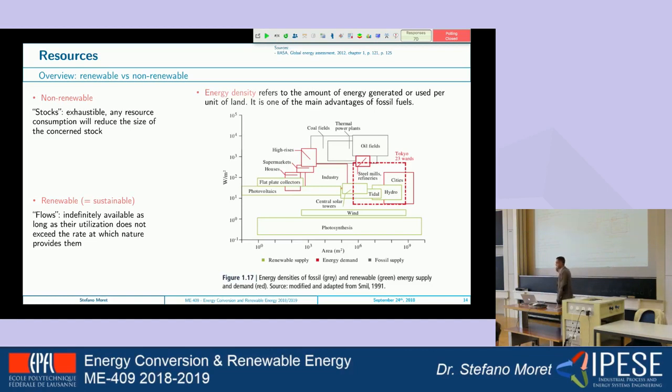But again, as Francois mentioned before, the main advantage of fossils is that they are dense. So in 1 liter of gasoline, 1 liter of oil, in 1 cubic meter of natural gas, you have a lot of energy. In this graph, I show you the power density, the watt per square meter, of fossil fuels compared to renewables. And you can see that the scale here on the left-hand side is logarithmic. So the concentration of energy in fossil fuels is much bigger. And that explains why they had such a big success in the past, and also the challenges that we have today to make renewables replace them.